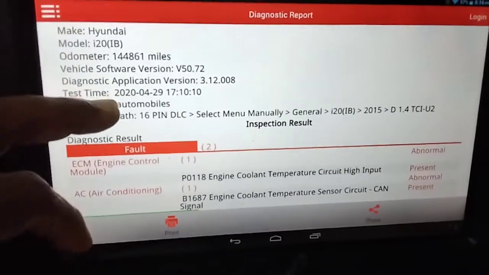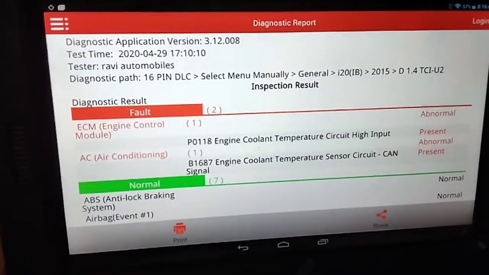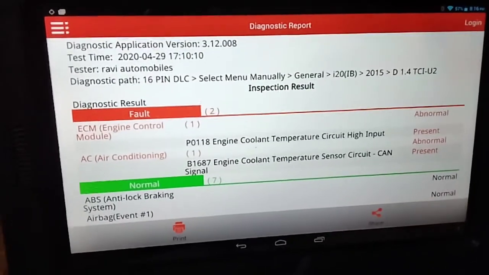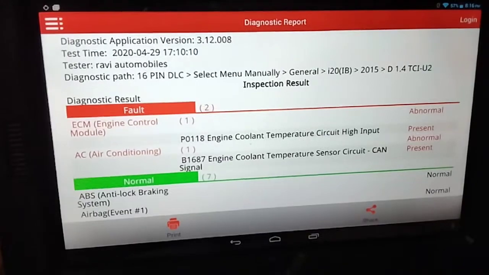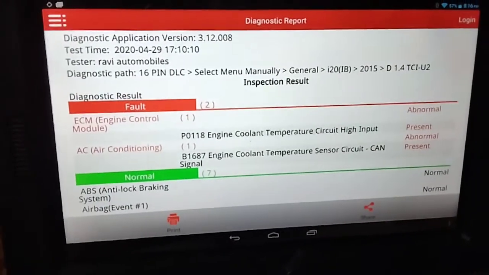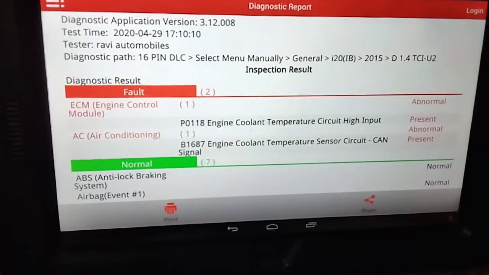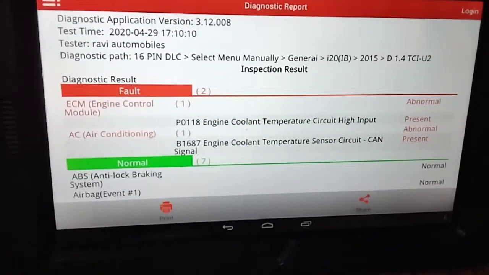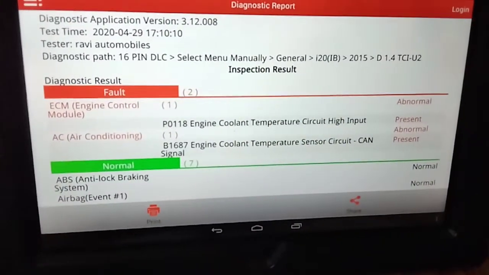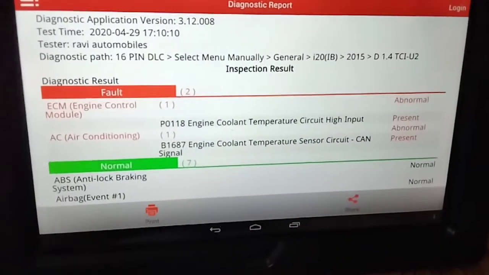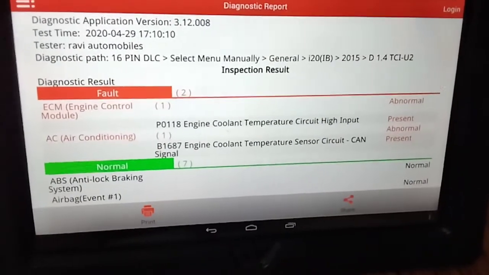These are the two codes that the mechanic had. The customer brought the vehicle with a complaint that the AC is not working. That's the only complaint the customer gave to the mechanic. The customer did not know anything. Of course, the check engine lamp was lighting, but the customer never minded that. So he came to the mechanic saying the AC is not functioning.